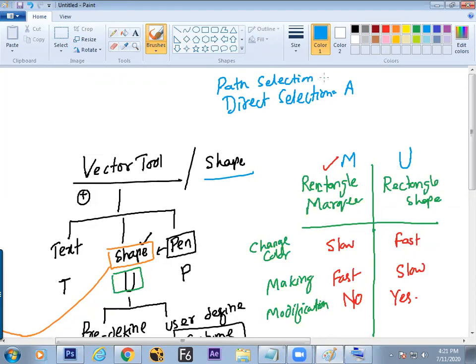It selects the whole structure, I mean the whole shape. But if you need to move a particular one, then we need to go for this. The whole structure can be done by the path selection tool. The hotkey is the same way, and Shift A is to go for the next one. So now new tools introduced: path selection and direct selection. And it is a comparative study.